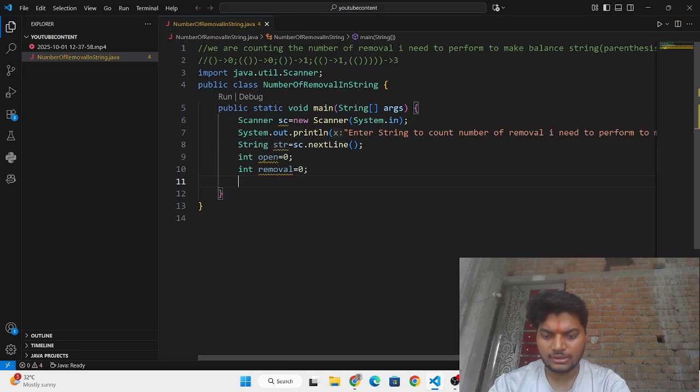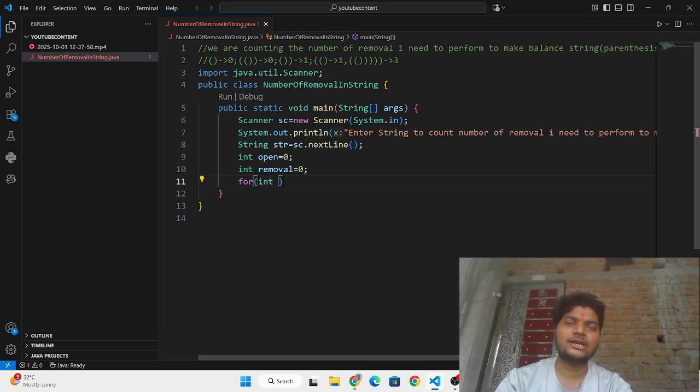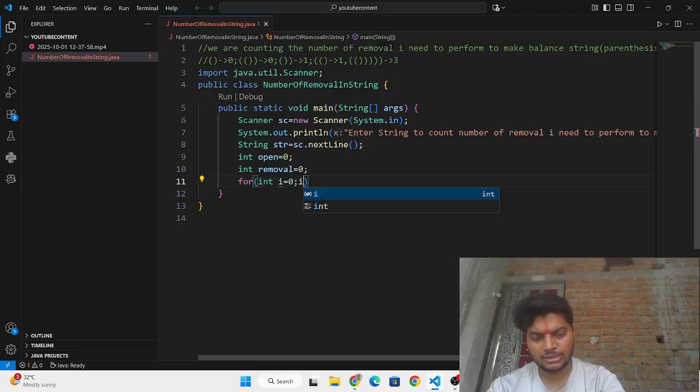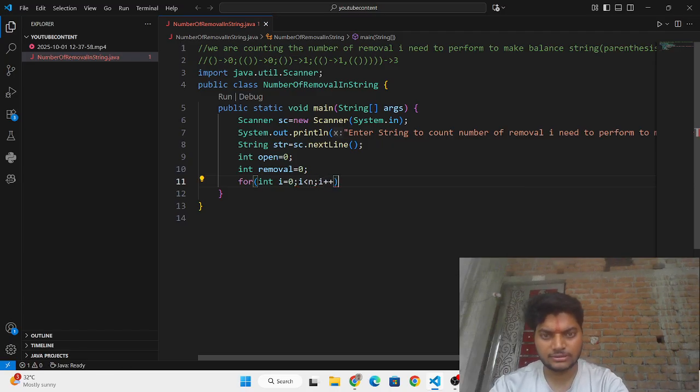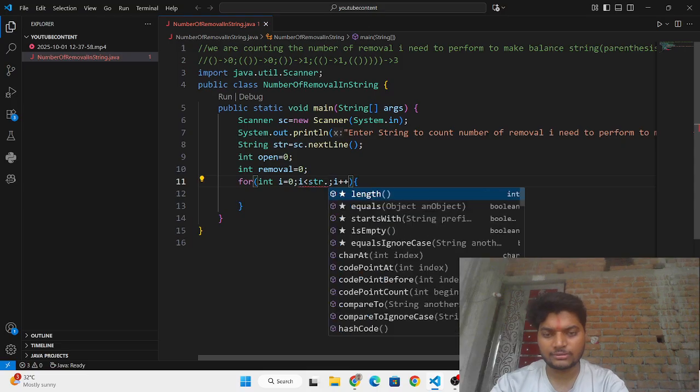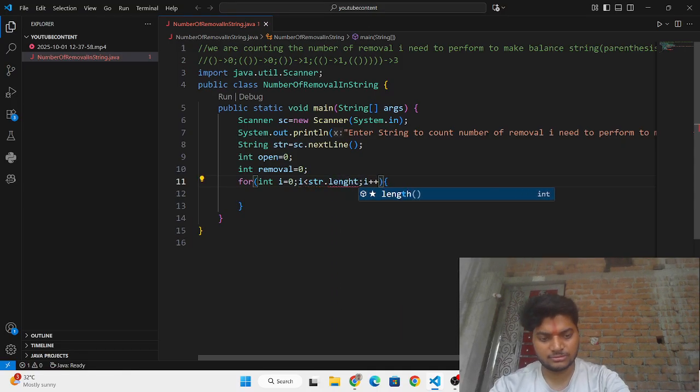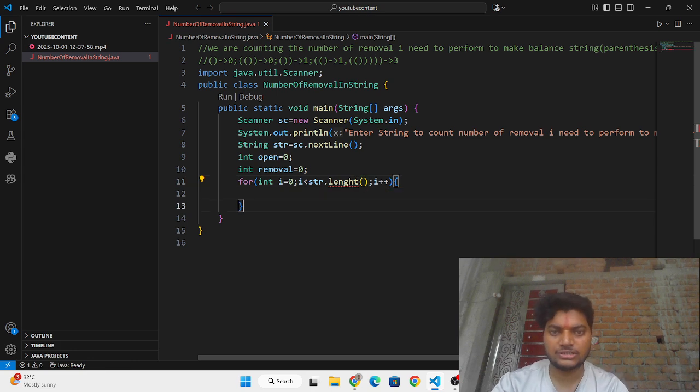Now I'm going to use a for loop for traversing each character of the string. So I need to write for loop: int i equals 0, i less than n, i plus plus, and curly braces. Here it should not be n, it should be str dot length, because it is the length of the string.